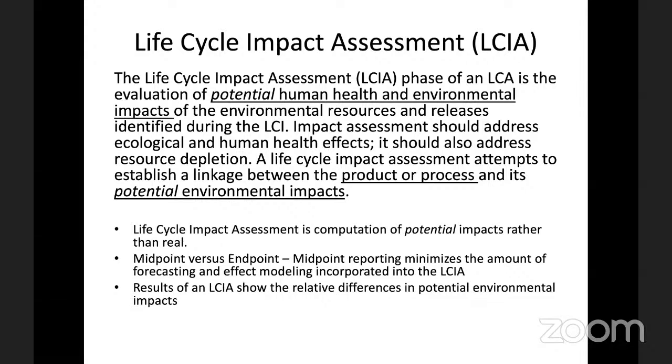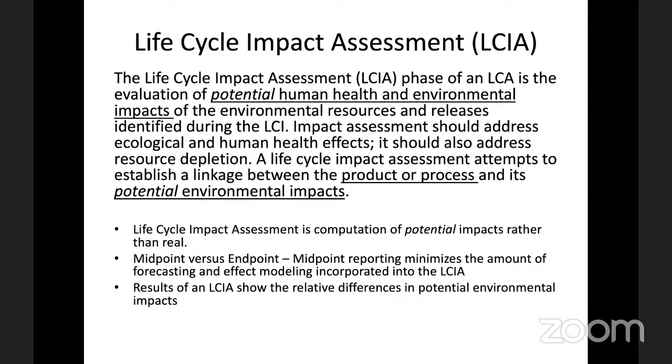So here you see the reason why potential impacts is important. I've highlighted potential impacts rather than real impacts. This is because, as I mentioned, methane's potential impact for greenhouse gas has changed from 25 to 27. So if we are to go with absolute terms and not change them according to how science changes, that is going to be wrong. So it may change, it may increase, or it may decrease according to the scientific knowledge